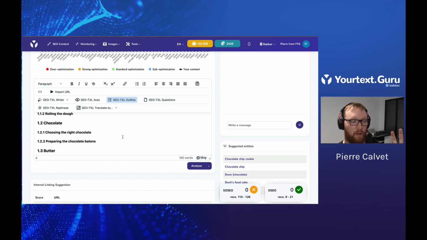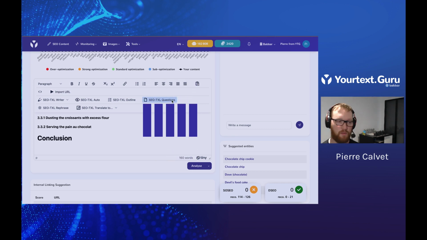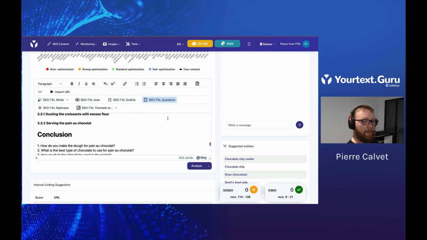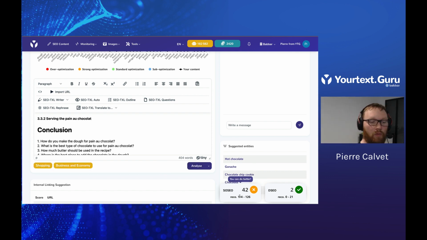Once you've obtained this outline and you're happy with it, you have now a brief for your writers. Once the writer has filled up the blanks, filled up the outline, or if the writer has answered questions, so let's click on SEO TXL questions, for frequently asked questions, for instance, for this page, you can click on Analyze, and then you'll have a score, and you'll see that the score will update,